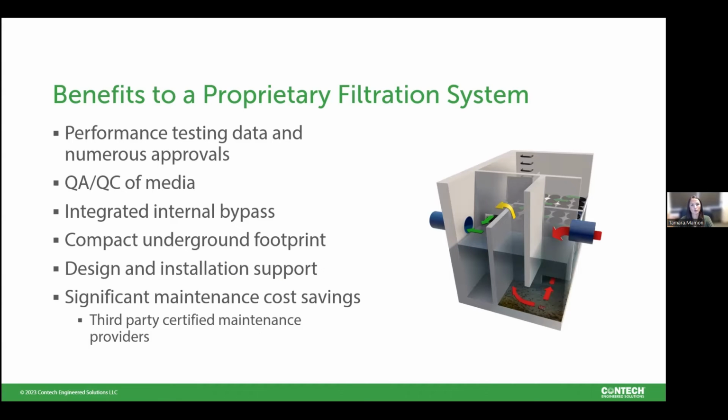When you're sourcing components locally, there will be some variance in the composition, which will lead to varying performance results in the field. There's also a risk of media contamination, because if these medias are being blended on site, there could be a mix of construction runoff or sediment that gets in the media, leading to a need for some premature maintenance. When you have a proprietary system, as a manufacturer, we know where we are getting our medias from